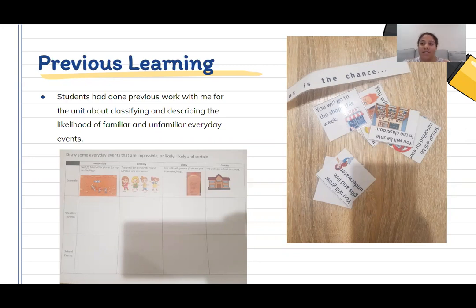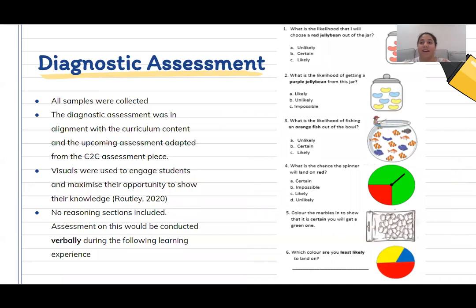And then another activity that we had done was a sorting activity with these cards you can see photographed on the right. A lot of this showed that for the most part, students did understand the meaning of certain and impossible, while some occasionally struggled with the terms likely and unlikely and their reasoning. Being able to ask questions and make observations was great for assessing this, as I could ask for students to elaborate on their thinking verbally. Obviously, that was not enough.